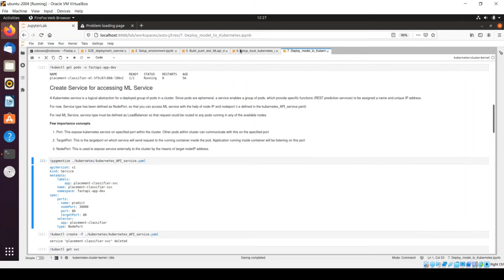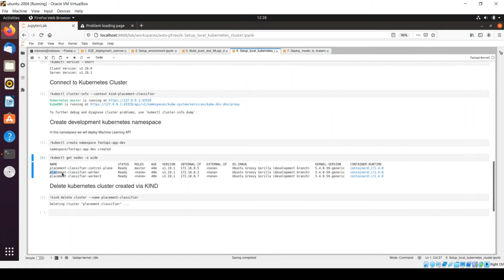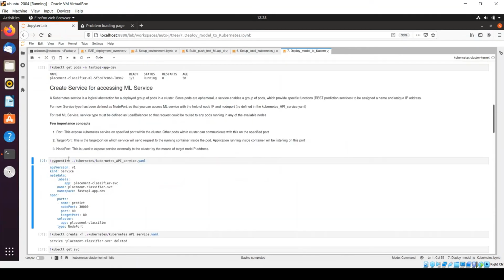So in my setup, I have created two worker nodes, right? And the IP address for that worker is this one, and for the second, the IP address could be this one. So using this IP address, we would be able to access ML API running inside my Kubernetes cluster, and we'll see how we can access it with the help of node port, right?